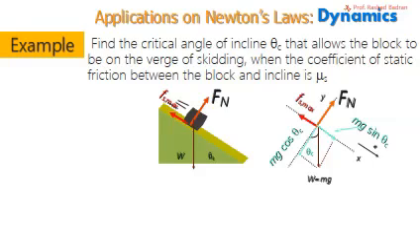In this example, we're going to find the critical angle of a rough incline, called theta sub c. This critical angle allows the block to be just about to move, or on the verge of skidding. And this angle will be expressed in terms of the coefficient of static friction. To solve this problem, we're going to